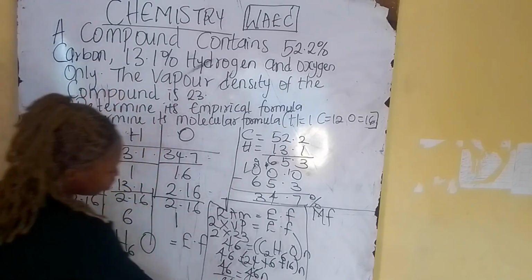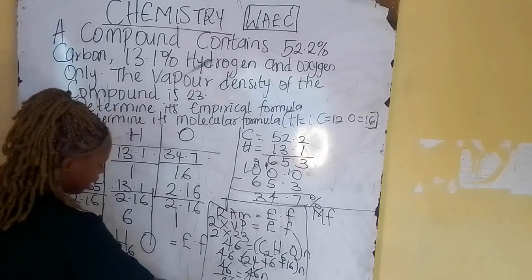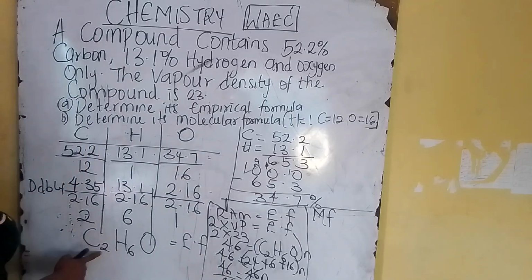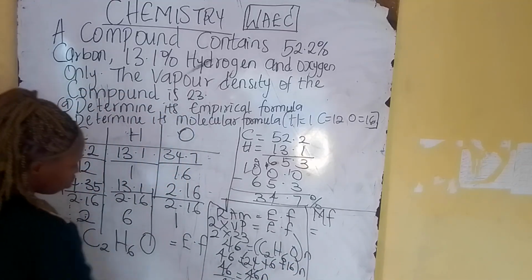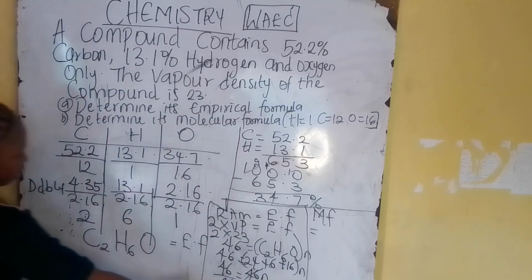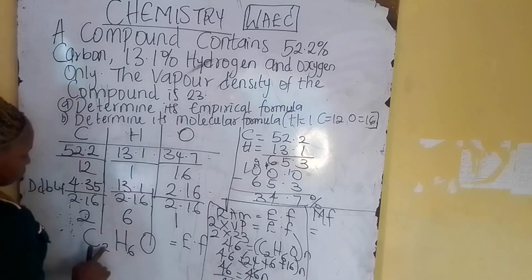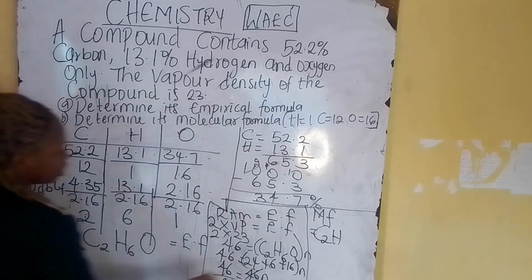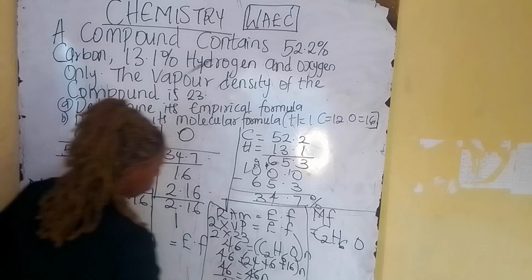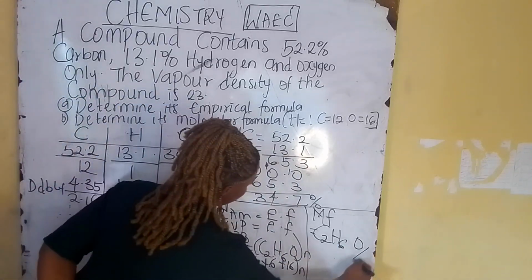But assuming your n was 2, we multiply it by whatever variable you are given here to have your molecular formula. But in this scenario, where n is equal to 1, whatever we have here, we multiply it by 1. 1 times 2 is going to give you C2, 1 times 6 is going to give you 6, 1 times 1 will give you 1. So this is